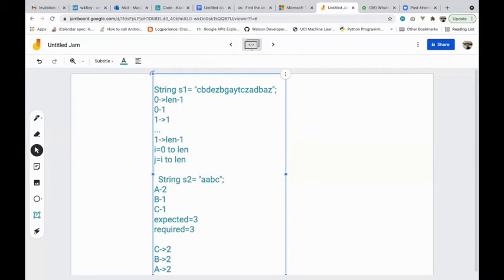I have to just cover starting from B. So it will be B and then B, D, E, Z. Similarly, I will go till down to the length. That's how I can get all the substrings, and anytime I have a substring, I will compare it with string 2 to find whether I found the required substring or not. I'm not interested in whether it's minimum or not, but it will tell me whether there is such a substring present in this string 1.